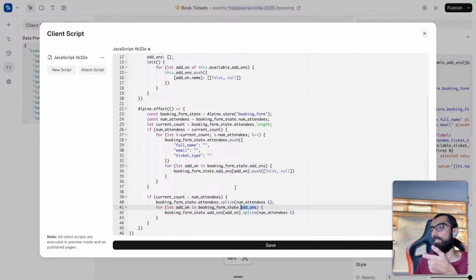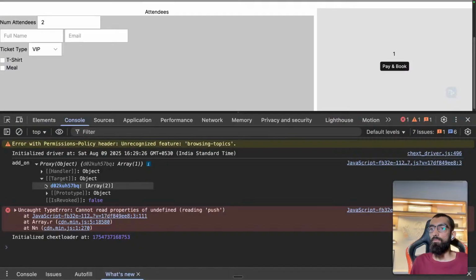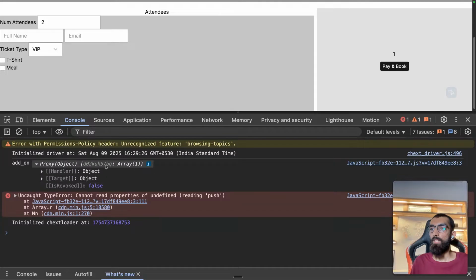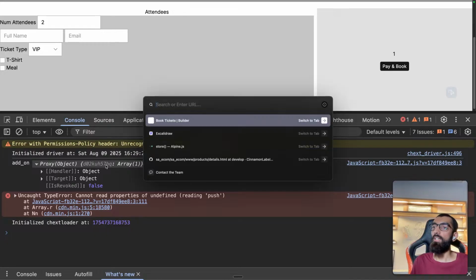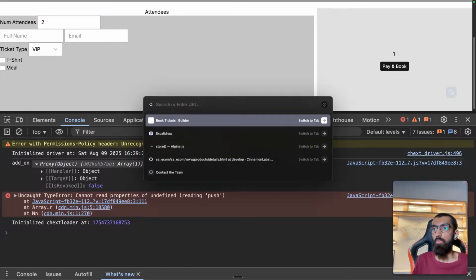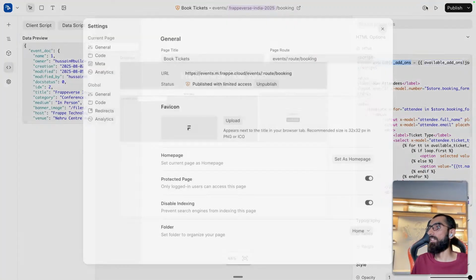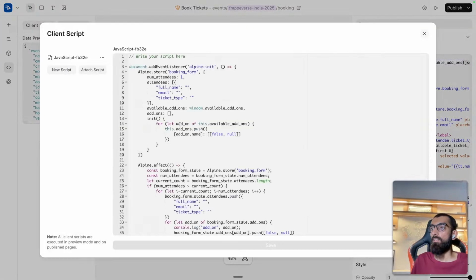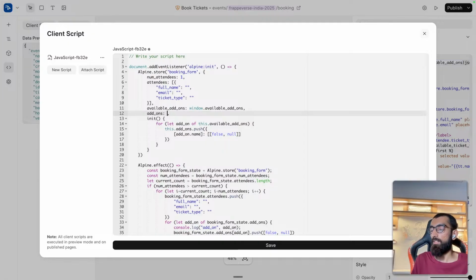Oh wait, add-ons is a list of dictionaries. Add-on is an object. Okay, and that object is... so let's clean up the data structure. I don't like it. Add-ons should be a dictionary,